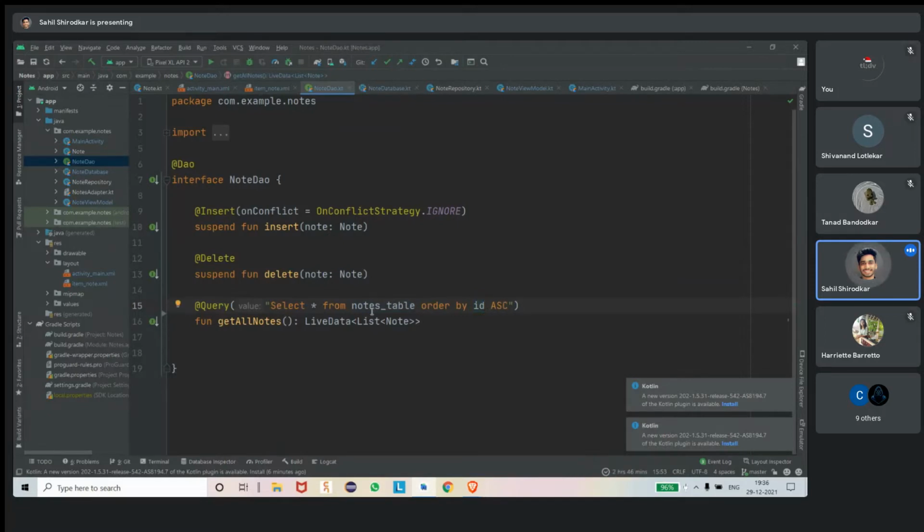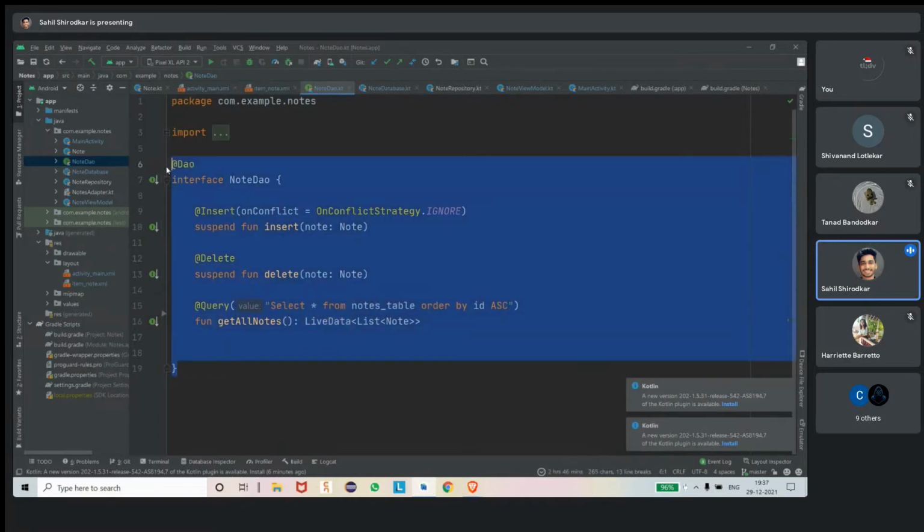So by increasing id, it will get all the notes which are stored in the table, and it will show. And again, you guys can see we have made a live data. Whenever I explain the note repository, at that time I'll explain why we have made this live data.